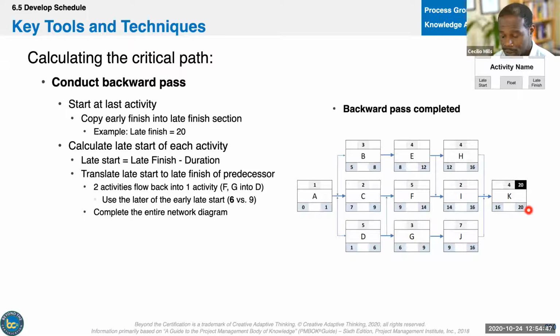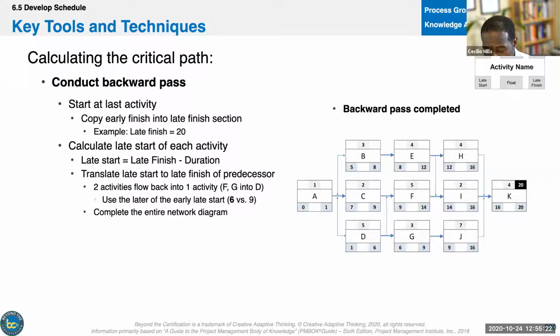Now we're going to work backwards and we'll do late finish minus duration. So 20 minus 4 is 16. Okay, great. Now when we do the backwards pass from K to H, we look forward and ask, how many successor activities? Only one? Okay, we take that number. So now 16, then we do 16 minus 7, 16 minus 2, 16 minus 4, and then we're done with this column. And say, okay, activity E